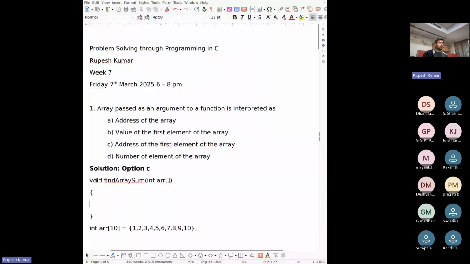Then the question is, how will you interpret this array for this function? Whatever you get in the variable arr will be containing the address of the first element in the array.